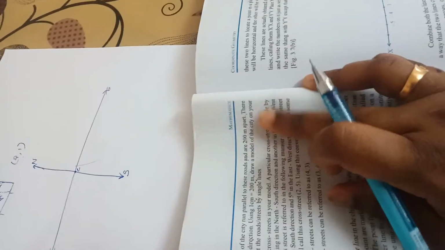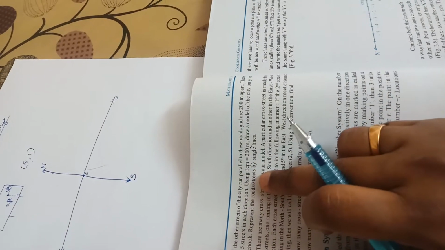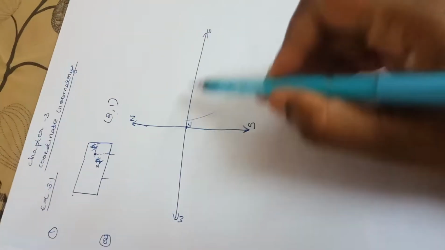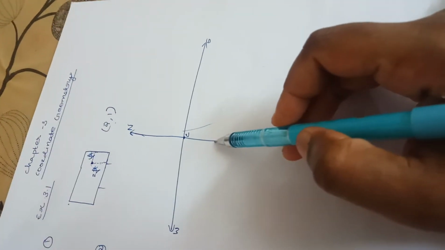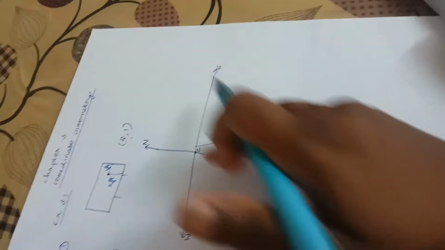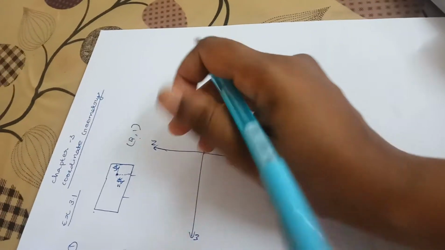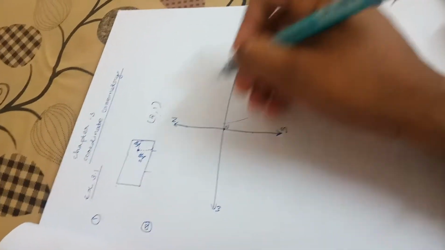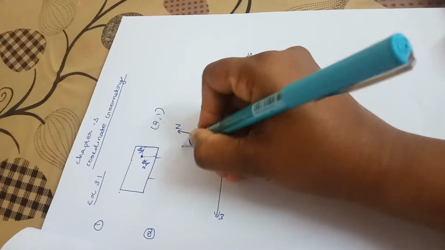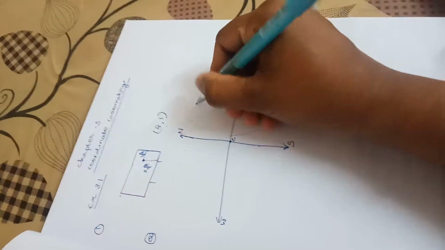Draw a model of the city in your notebook. Represent the roads or streets by single lines. We already drew the two roads. In this direction there are 5 streets, and also in this direction there are 5 streets. First I am drawing the first 5 lines. I am drawing 3 streets here, and the remaining two streets here.